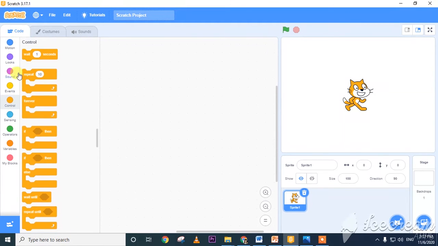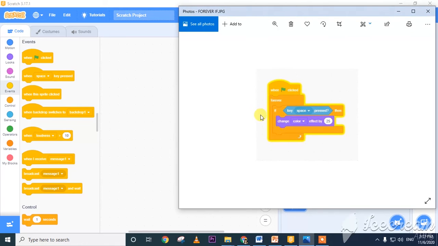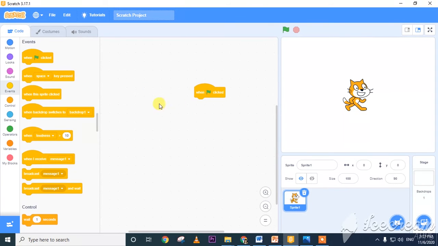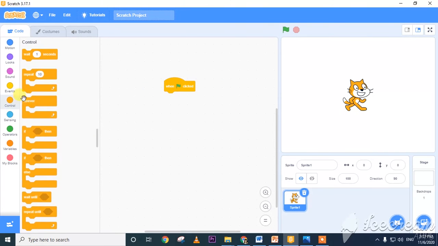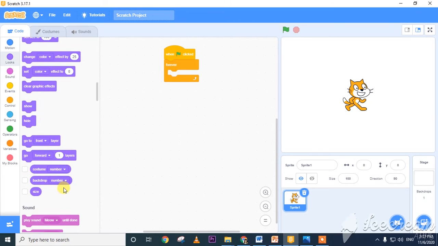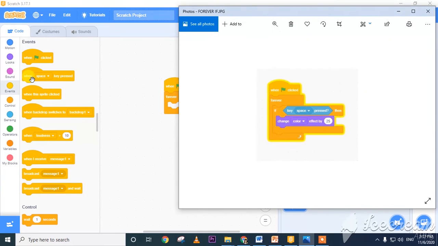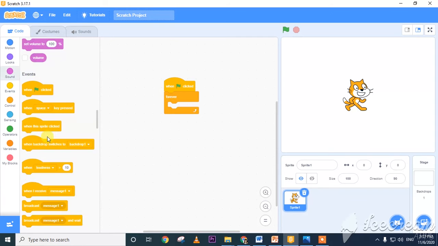When the flag is clicked, forever if key space. Forever, we need to take from control, forever, if. Sorry, the if statement we need to take.